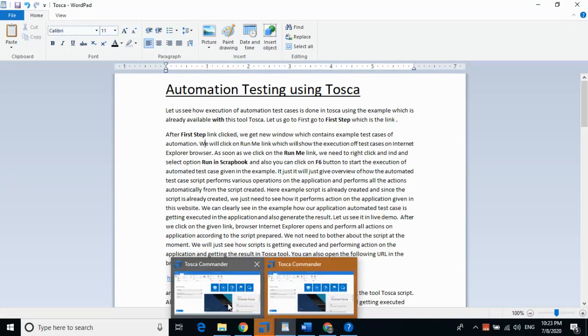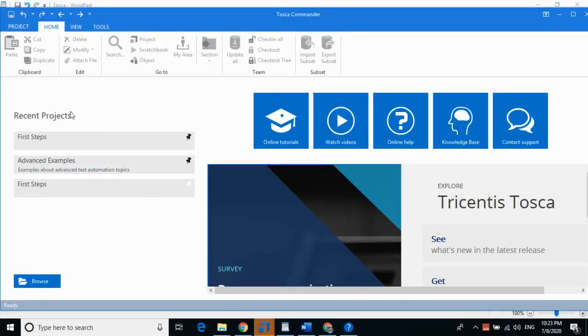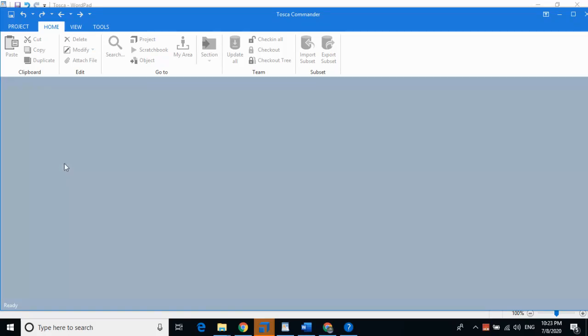So this is the link, first step. You need to click on it. Now it will give you insight into an already built example that will give you an overview of how Tosca works.